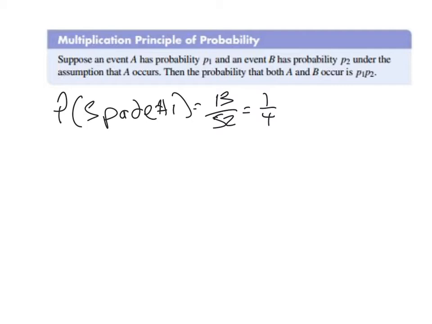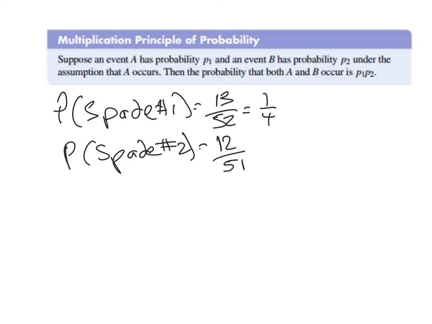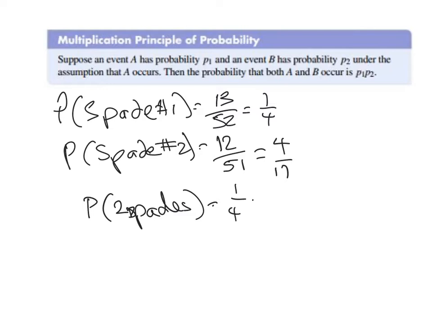If the first one was a spade, the probability of the second spade will be 12 out of 51, which simplifies to 4 out of 17. So the probability of two spades is the product 1/4 times 4/17, or